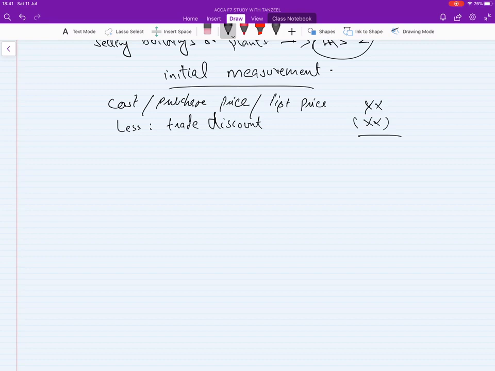What other cost you will add in the initial cost of the asset is import duty, import or custom duty. It is for those assets which are coming from outside the country. Like if you have imported a machine which is not being produced or available in Pakistan, so you imported that plant or machinery from another country, like from USA.